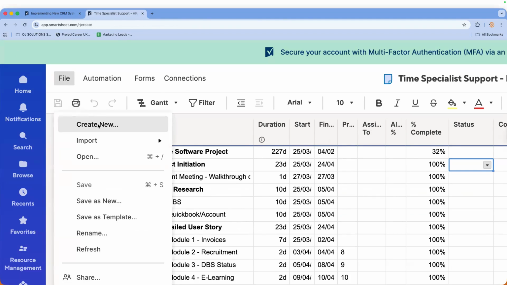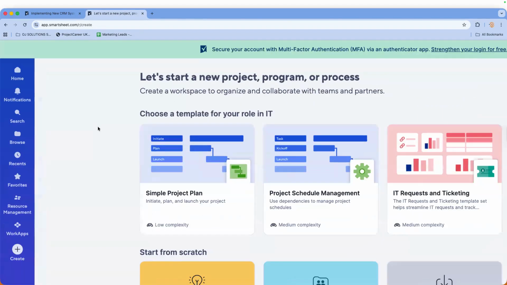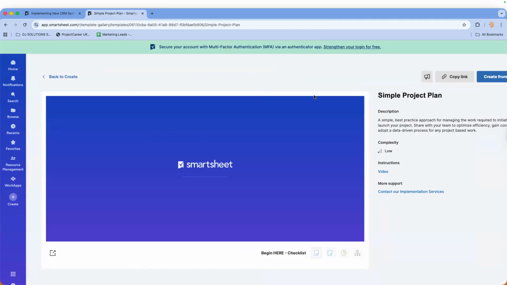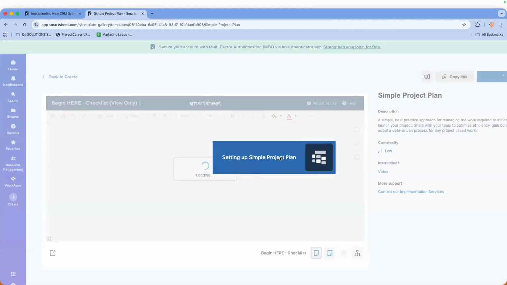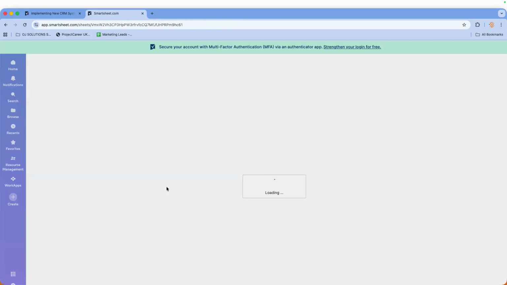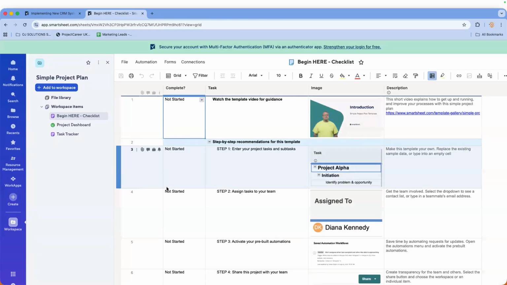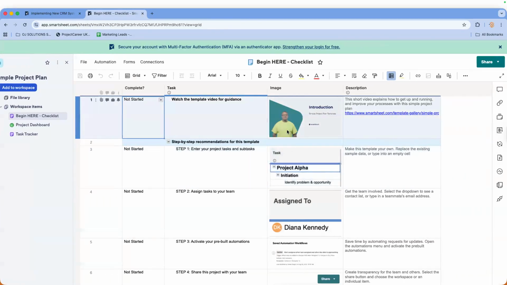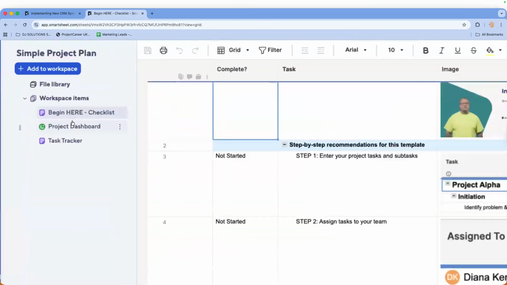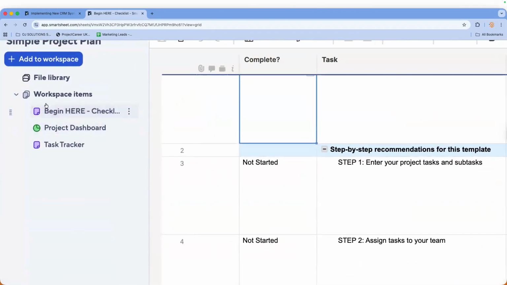All right, so I'm going to create a new one. Okay, a simple project plan. Let's just create a new plan. To workspace.